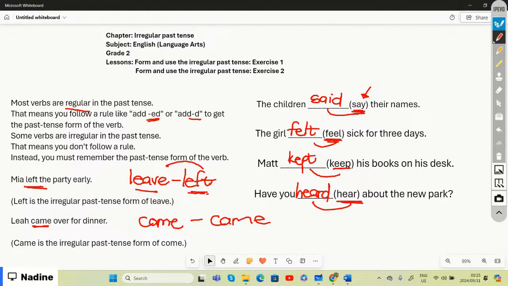All right, so I'm going to go over it again. So once again, we have irregular past tense. Okay, no problem. Firstly, we have regular past tense, right? And our regular past tense is like saying,